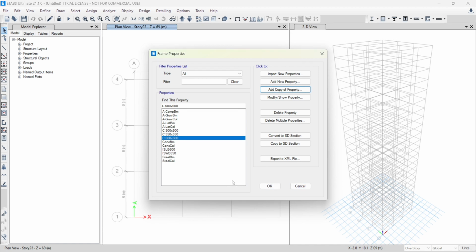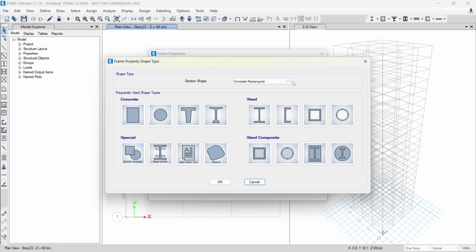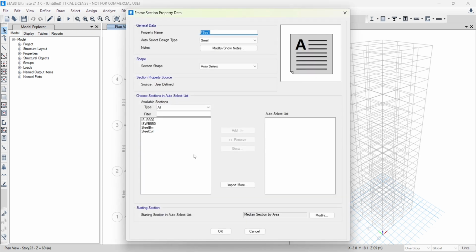Now that the three column sections are defined, we will need to define a fourth property which is a combination of all the three defined column sections. Click on add new property. Under the spatial option, click on auto select option. Then give the name as auto select